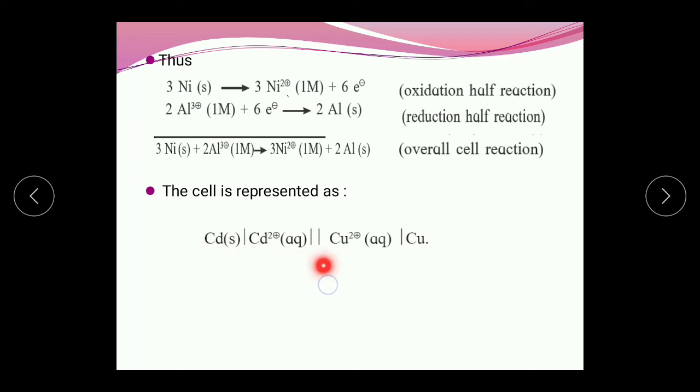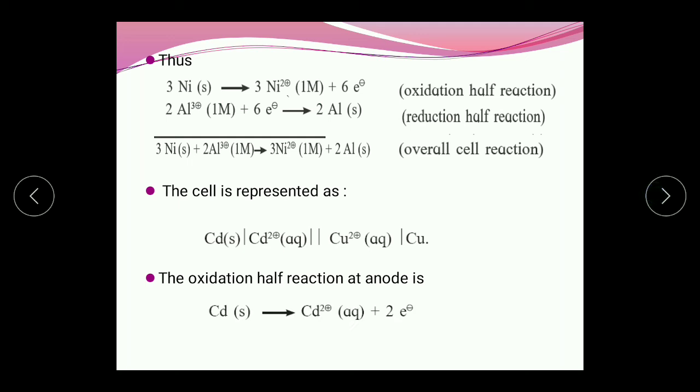So, at the left hand side electrode, or at the anode, there will be oxidation. That means Cd will get converted to Cd²⁺ by removal of 2 electrons. In the same way, at the right hand side, there is the cathode, so there is reduction, that means Cu²⁺ ions of the solution will accept 2 electrons coming from the anode and will get converted into copper. So the reactions will appear like this. The oxidation half reaction at the anode will be like this: cadmium, Cd, will get converted to Cd²⁺. How? By removal of 2 electrons. As the electrons are removed, it is oxidation.